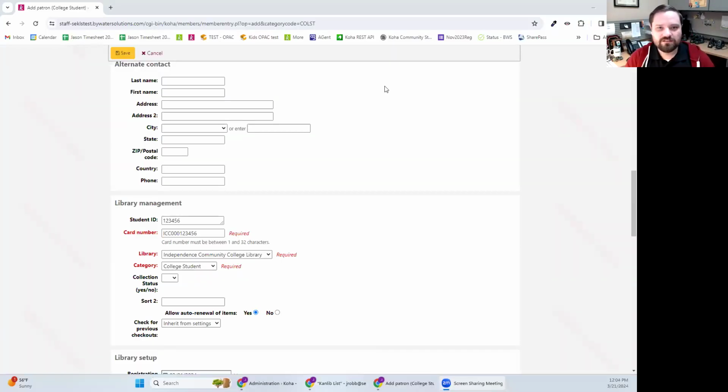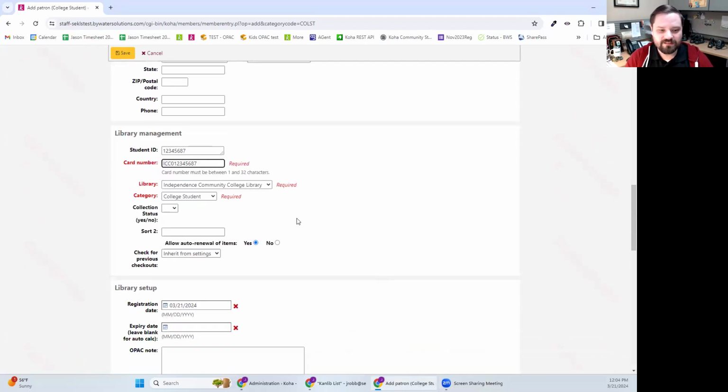So I wrote a little script. There's a prefixing plugin, and I tried that, and I didn't like how it was working, because you can't turn it on by branch. So instead, what I've done is used a patron attribute called student ID and made it searchable. It's set up so they can scan their student ID in here, and then it generates a prefixed number with an identifier there